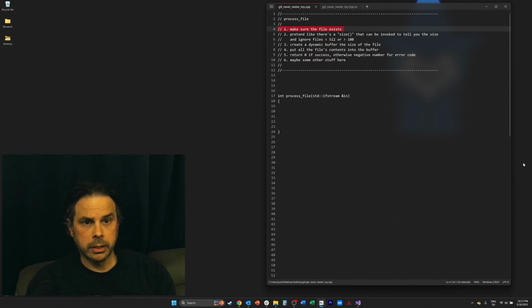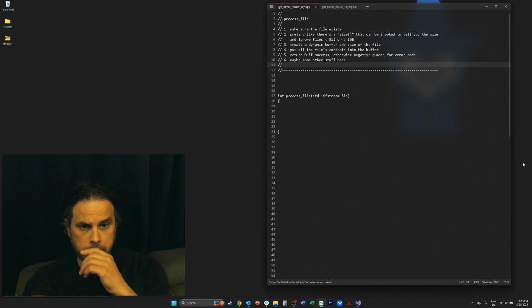So make sure the file exists. Pretend that we can check for the size stuff. Create a dynamic buffer. Put all the file's contents into the buffer, return 0 if success. I'm going to probably change some of this stuff as we go. But basically, I'm trying to make sure that there's stuff that can go wrong so I can give a demonstration of